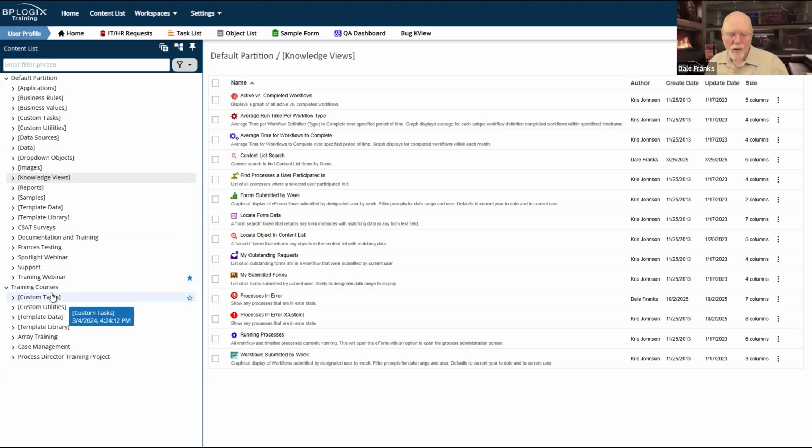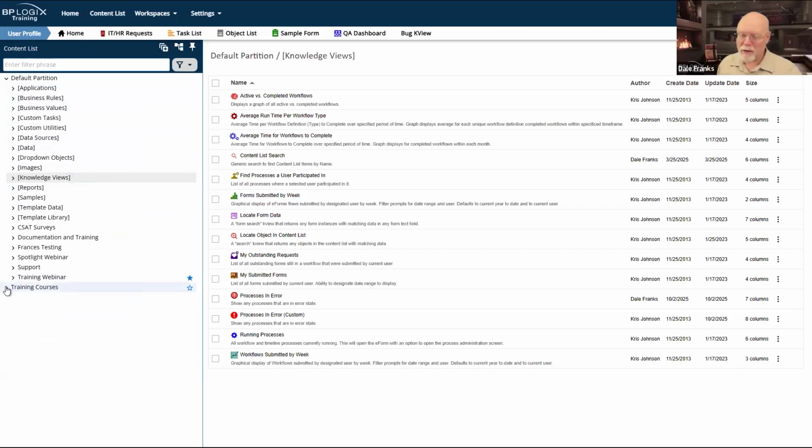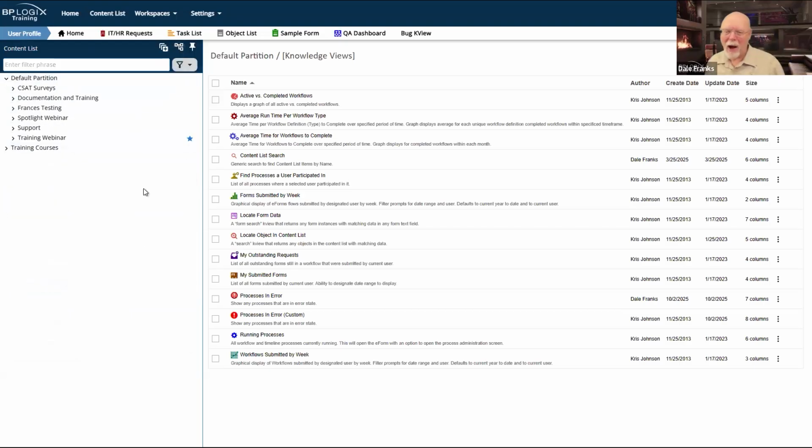And even me, who has these two partitions, and I think I have a good reason to have a training courses partition, largely because I'm an incompetent who will lose my training courses if I just stick them in the main partition. That, I guess, is an acceptable use case, or at least it's acceptable to me. So feel free to do it yourself, I guess, since I do it. But multiple partitions are pain, and avoid pain is always a good operating principle.